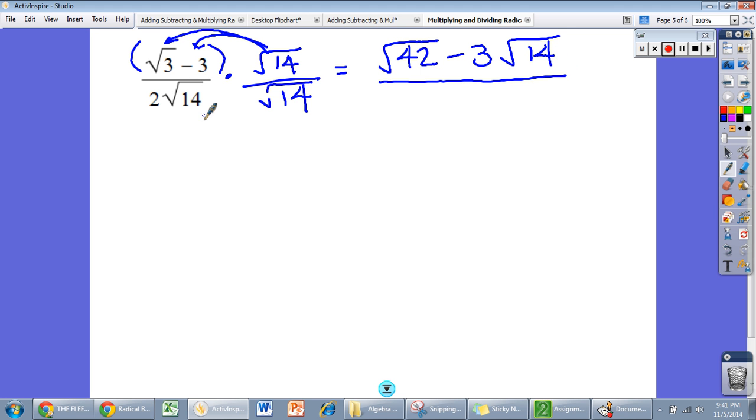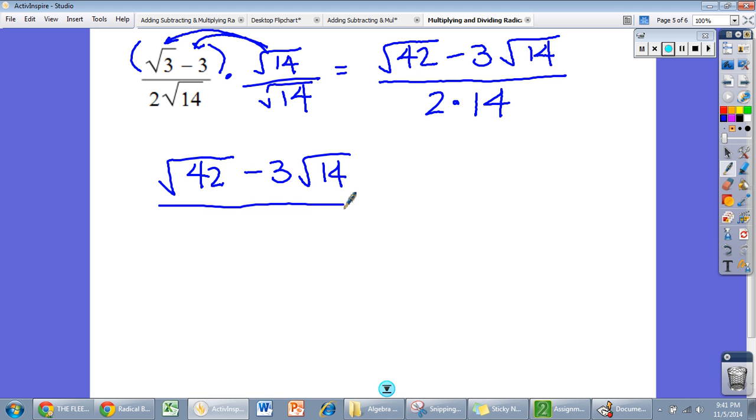Now I know by multiplying the square root of 14 times the square root of 14 and then taking the square root of it, I'm going to get 14. Okay, so let's keep going. And we now have the square root of 42 minus 3 square root of 14 all over 2 times 14